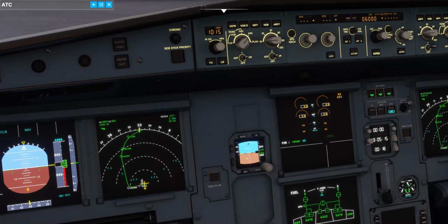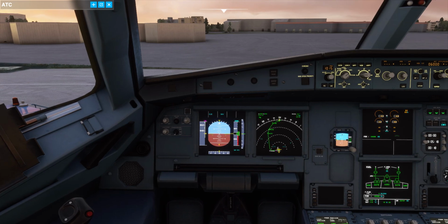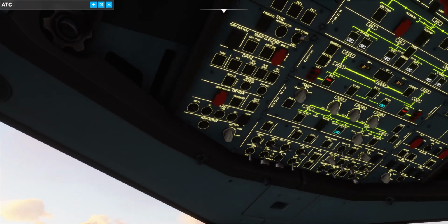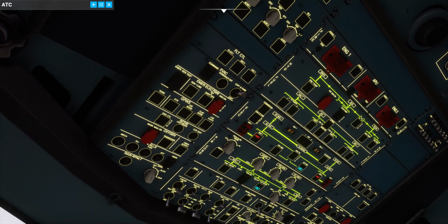Okay, so next thing, what we'll do, we'll turn the fuel pumps on, we'll get all the lights on. I have started some of this. I put the ground power on and the batteries are already on, so the fuel pumps are all now on. Next thing we need to really...